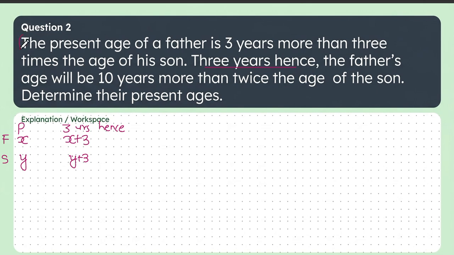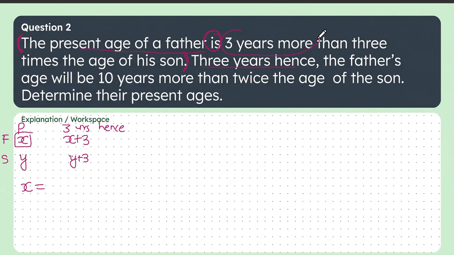So look at the first statement. The first statement is from here to here. Okay. So break the statement one by one. The present age of father. So what is the present age of father? x. So we'll write x here. After that is. So is means what? Is equal to